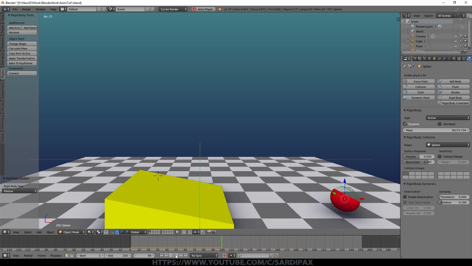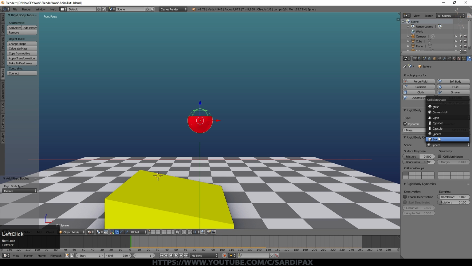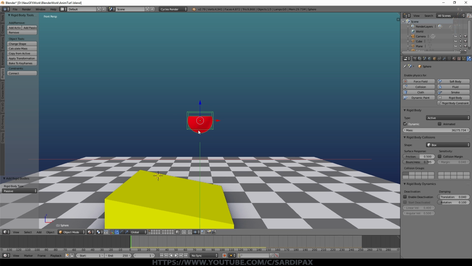And you may have just been able to see it's as if the part of that sphere that I removed has come back, because it's just rolling normally. It doesn't recognize that part of the sphere has been cut away. I could even set it to perhaps box, and you notice there's a box around my object now, centered around the origin point. And let's press play now, and you can see it doesn't behave as you'd expect at all.